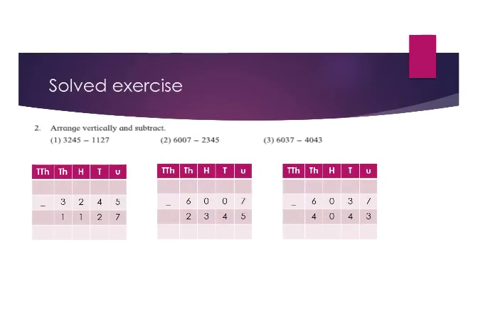Students, now we will solve this exercise one by one in your notebook or in any rough book. Arrange vertically and subtract. 3245 minus 1127. Now this number is given to you. You have to arrange this number properly in a column. Always try to draw this type of boxes and mention the place value on the upper column. Unit, tens, hundred, thousand, 10,000. Why? Because it will become easier for you to understand and to mention that number properly into the column.